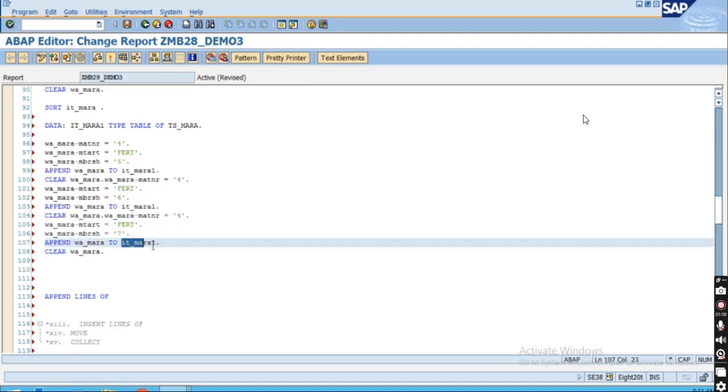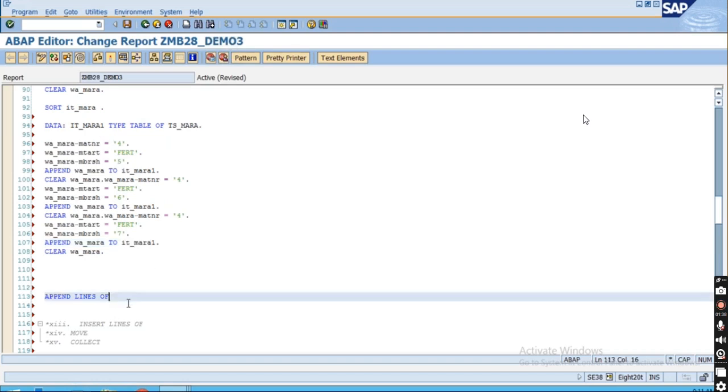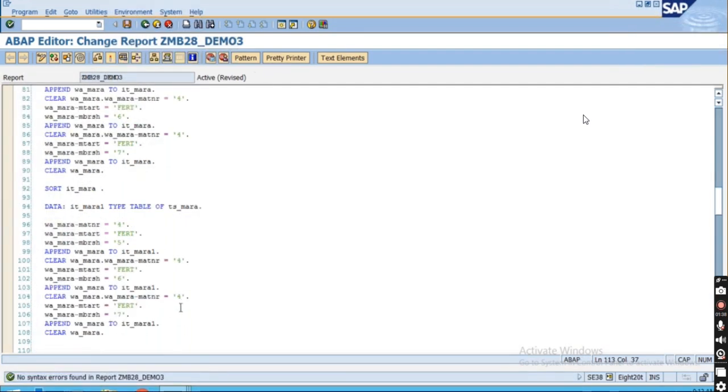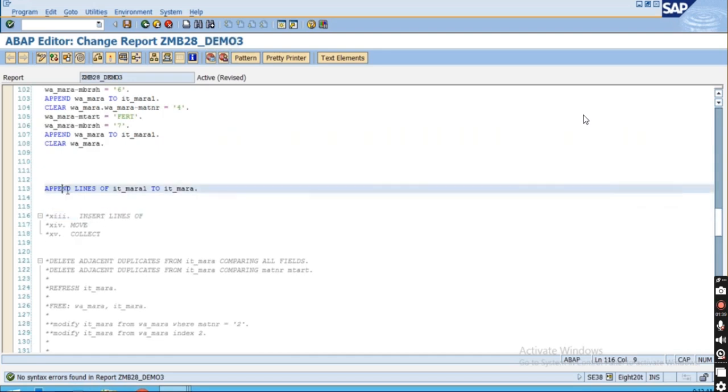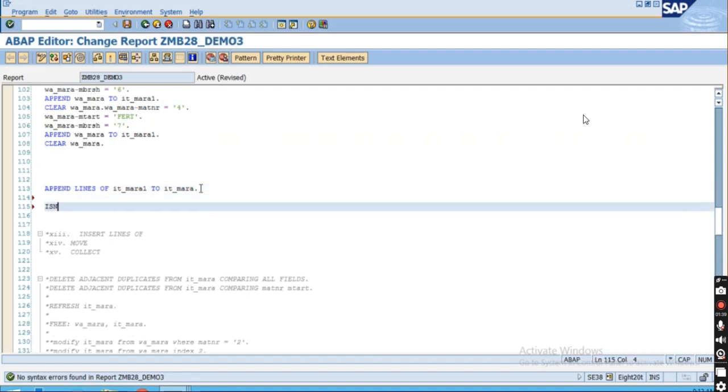Now all the records from IT_Mara1, I want to append into IT_Mara. So what you can do is append lines of IT_Mara1 to IT_Mara, like this. All the records will get appended. I will show you in the debugging, but let me first write for this also. Insert lines of, suppose you want to insert the lines. For inserting, if you have to insert lines of one internal table,